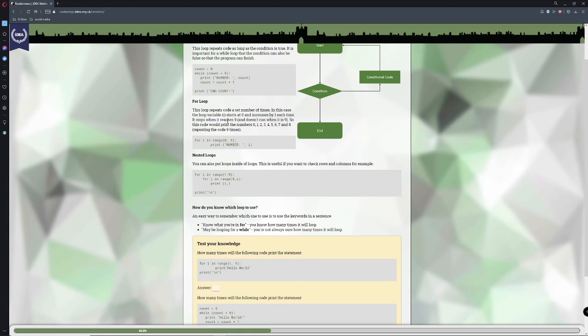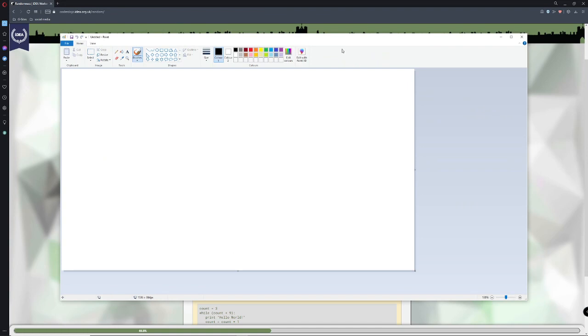So there is an example below. For i in range, and we've seen that up above, 1 through to 9. For j in range. So what we're doing there is we're saying for i in range, 1 through to 9. So let's imagine it as a panel, okay? But we can go ahead and bring up Paint for this. This is better explained like this.